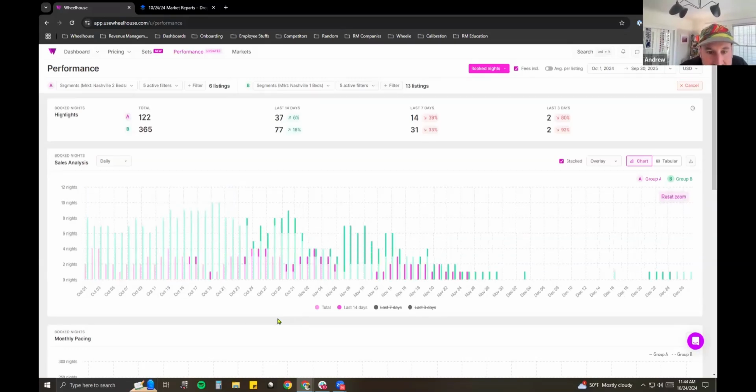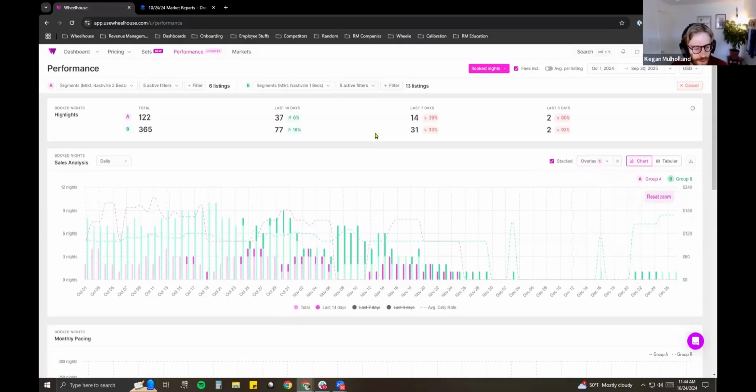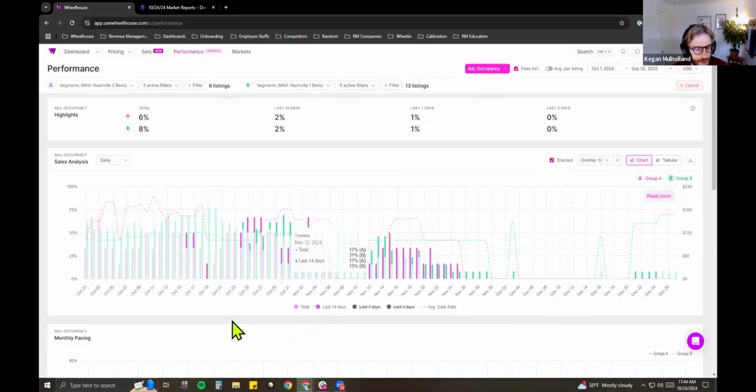Okay, cool. So let's say you saw this difference emerging here. What would you be thinking about doing with that information? So, obviously these are hypothetical, right? So conclusions here, and what we're seeing, might be a little wonky. I would say in this case, obviously we have much more booking activity for the 1 beds, but we have almost over double the number of 1 bedrooms than we do 2 beds. So instead of booked nights in this case, I may look at occupancy because that helps keep things more relative. And you can start drawing interesting conclusions.